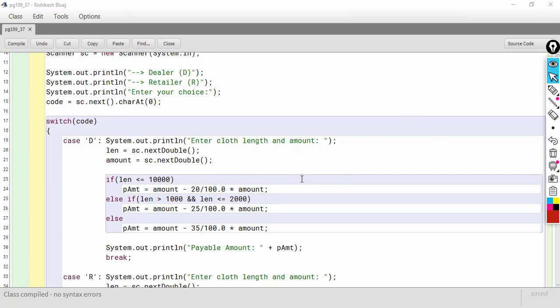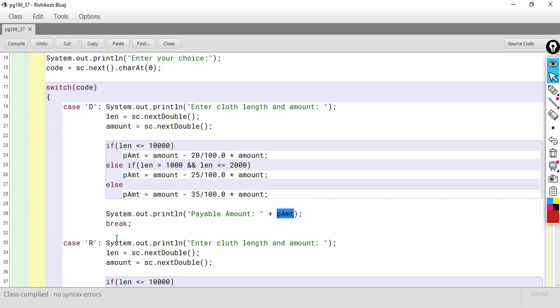Similarly, if the length is greater than 1000 as per the table given in the question, and it is less than equal to 2000, then the payable amount will be amount minus 25% of amount. And if it is greater than 2000, payable amount will be amount minus 35% of amount, and then finally I will display payable amount is PAMT, and then I will break.